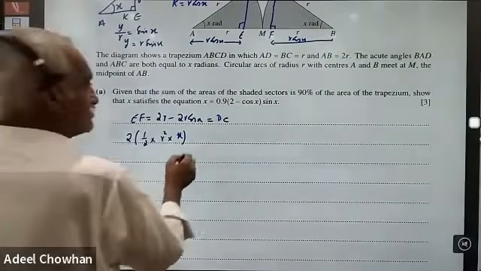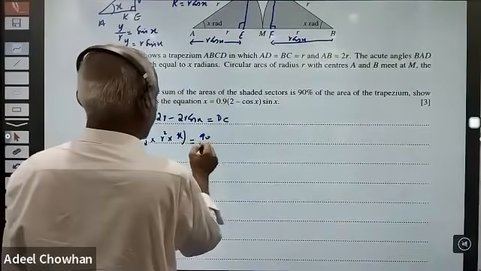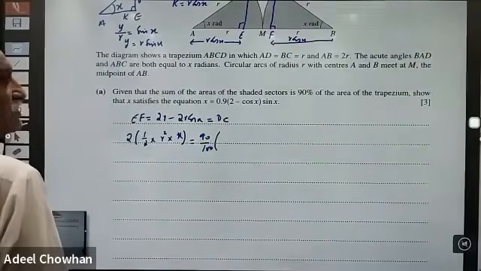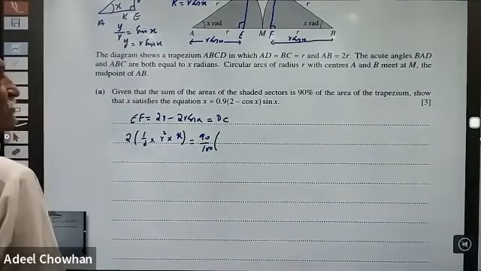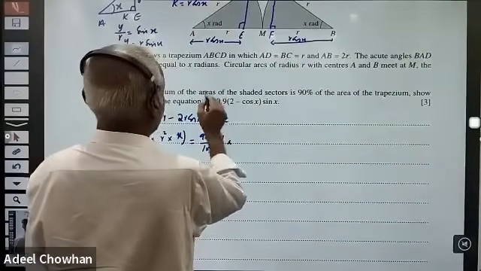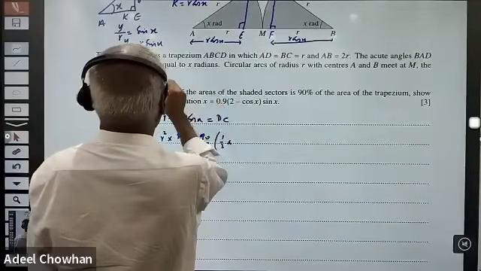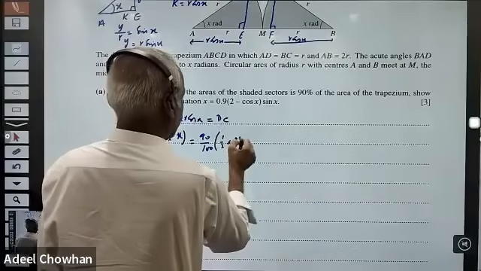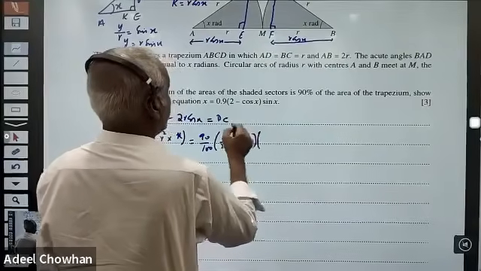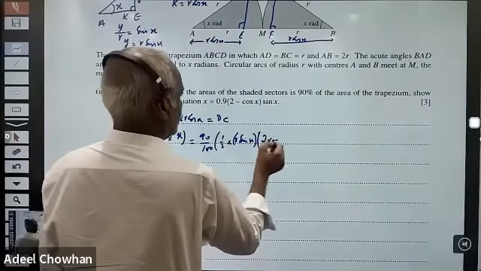This is equal to 90%, that is 90 over 100, of the area of the trapezium. The area of the trapezium is basically equal to half into the height, into the sum of the parallel sides. The height is basically equal to R sine of X, into the sum of the parallel sides, so that is 2R